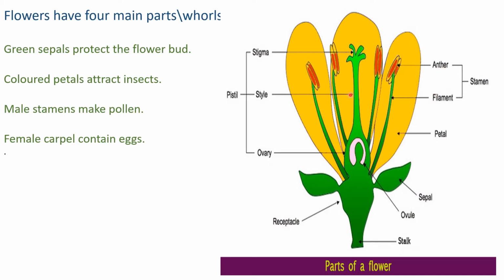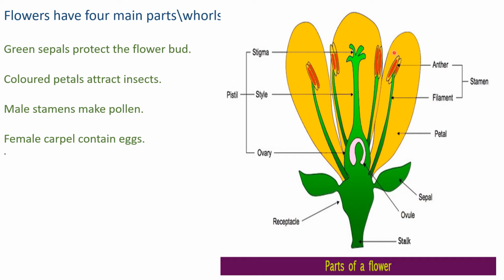And this is the stamen. The fourth main part is the pistil, or carpel, and it includes the stigma, style and the ovary. The pistil has a sticky structure in the center of the flower, which you can see here, called the stigma. It is attached to a long tube-like structure called the style, and the style ends in a swollen part called the ovary. The ovary contains the female reproductive cells, which are called ovules.